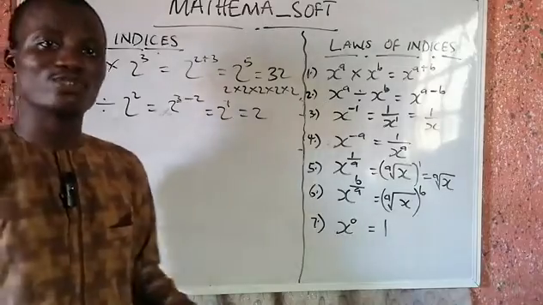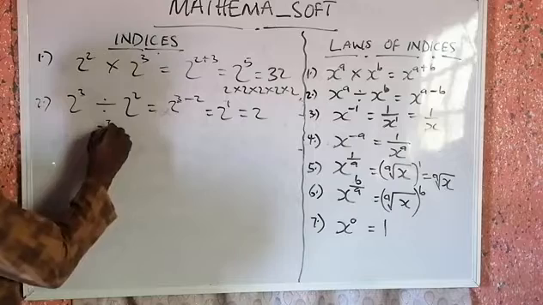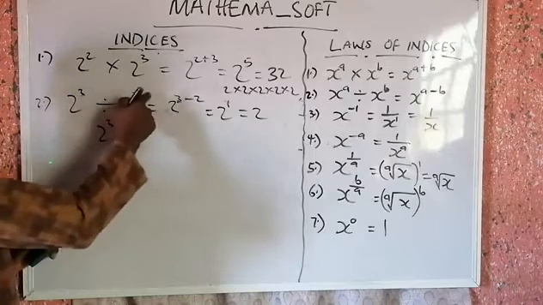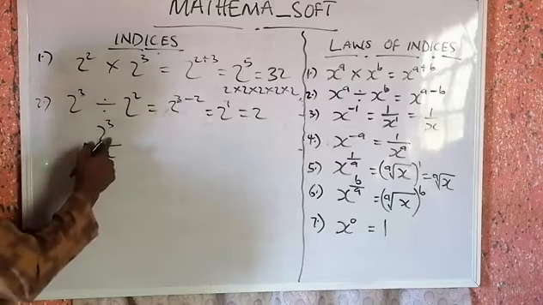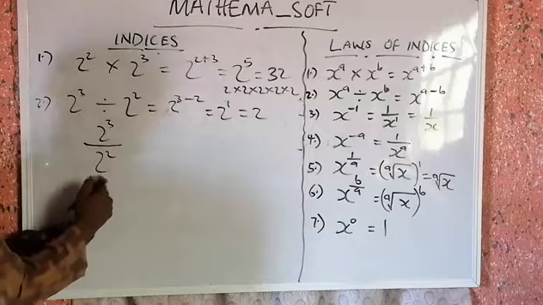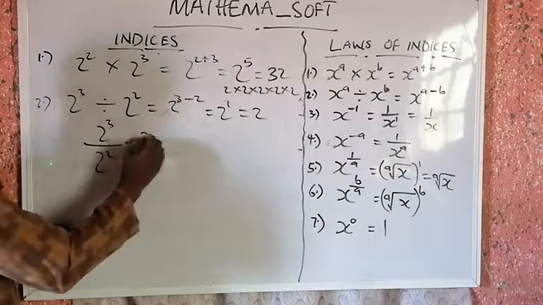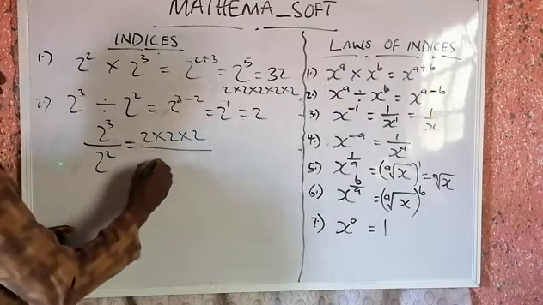Let us see if we can use basic mathematics to also prove this. I can say 2 raised to the power 3 divided by 2 raised to the power 2 will give me something like this: 2 raised to the power of 3, and the division sign will give me this slash, and 2 raised to the power of 2 will give me this. And then I can spread this out, 2 times 2 times 2 in 3 places, and then I will have